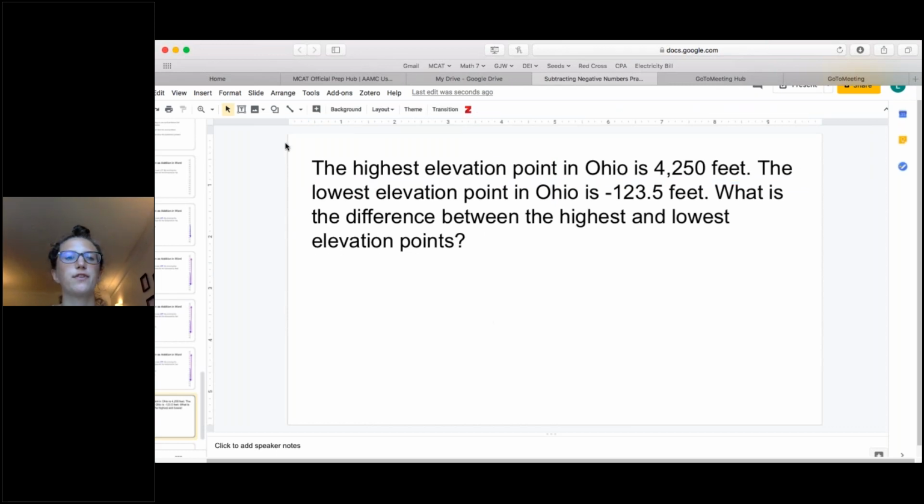These are fake numbers, but if we're thinking about elevation like sea level, and I say